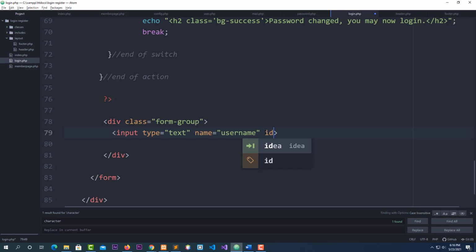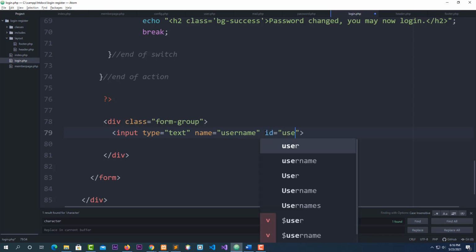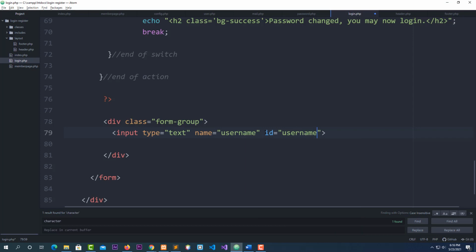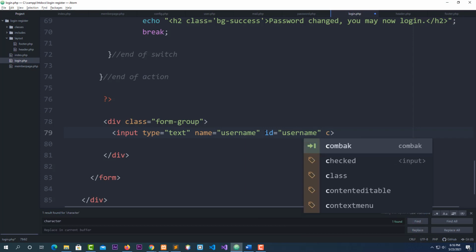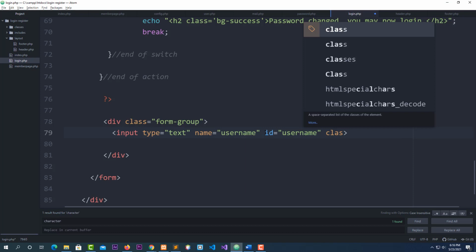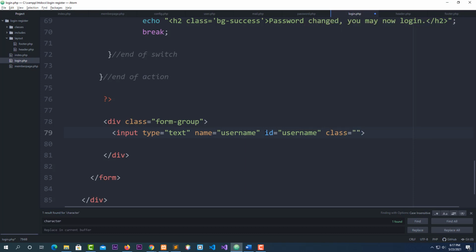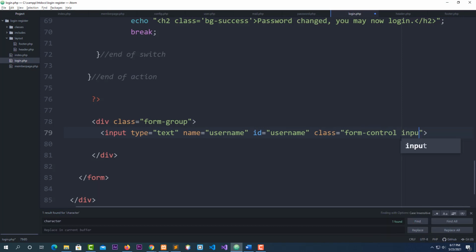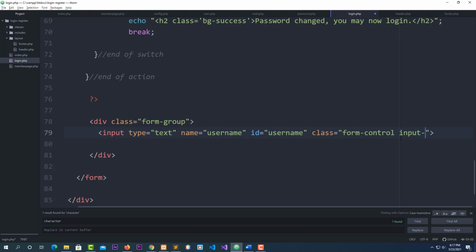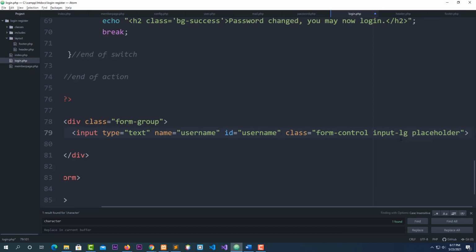How to use the ID. Okay, for the ID, it should be ID username. Also, I need a class called form control. And the class called form control, input, form control. Okay, I need a placeholder